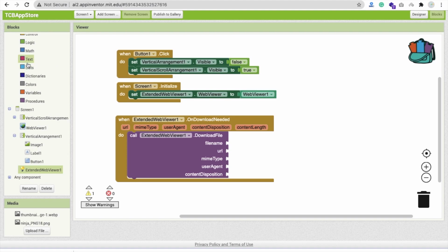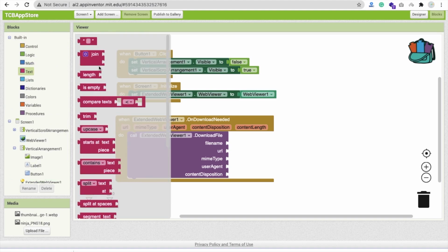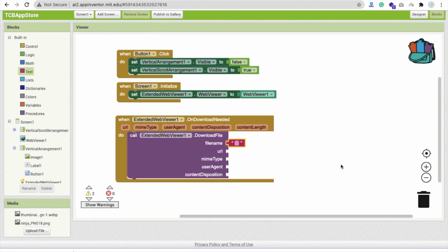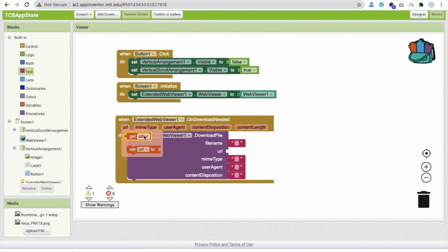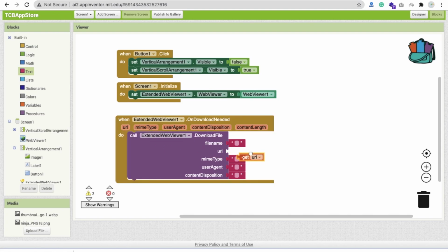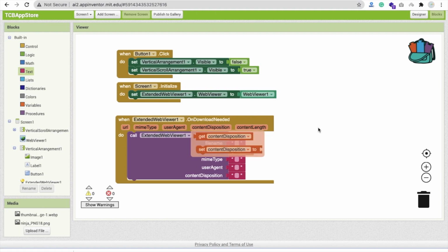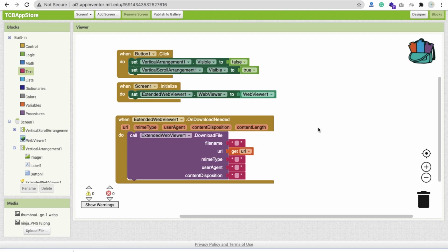The file name, I'm going to make it text, and all these files are text files, so just copy paste all these files like this here. MIME type, user agent, this one, but this URL, yeah, URI is mine, this one, get URI, this one. URL from we are getting from here. Okay, now file name should be here, we have to do something.